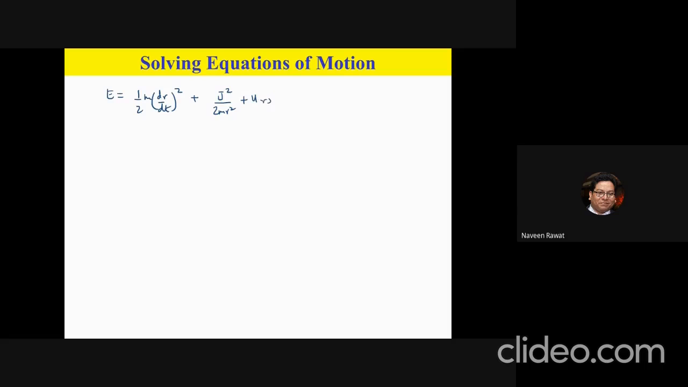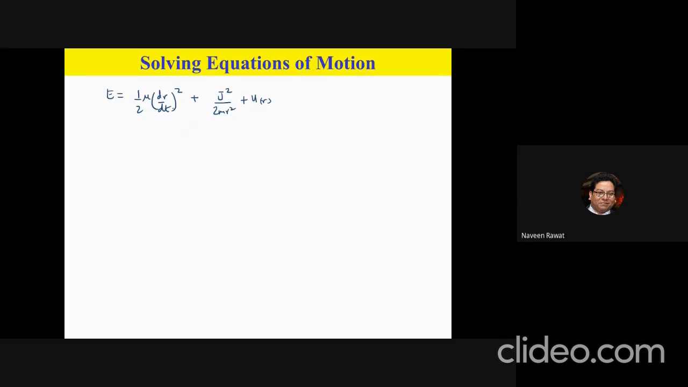Okay, so that is my expression for the total energy, which is the kinetic energy term plus this effective potential. Okay, now just for consistency, let me just write mu here. Okay, so when I want to find an expression for r, what I'm going to do is